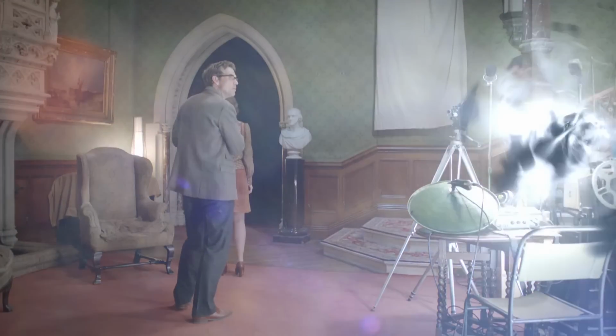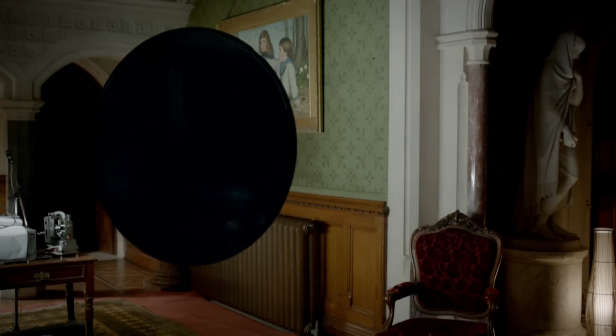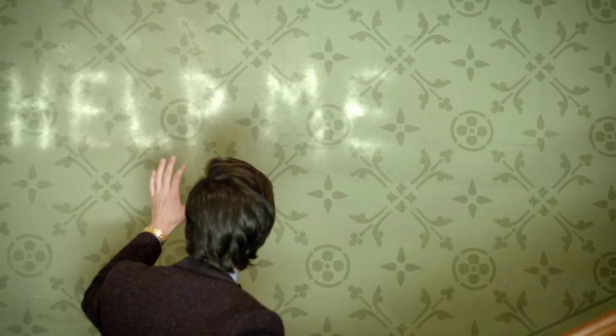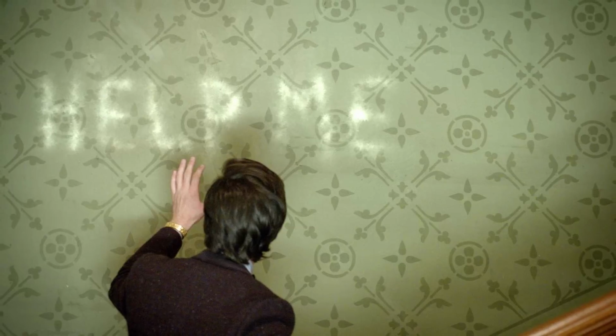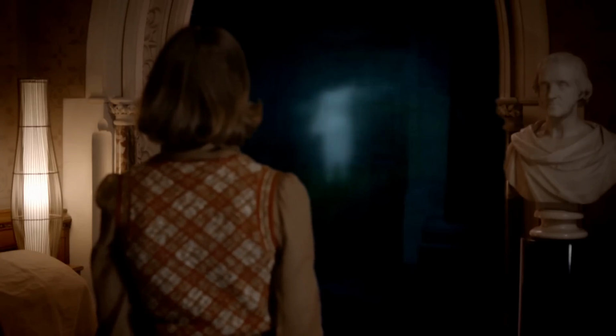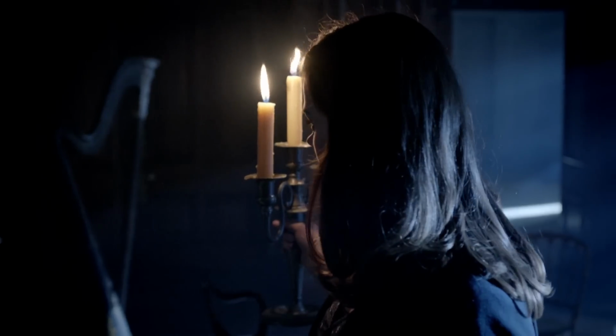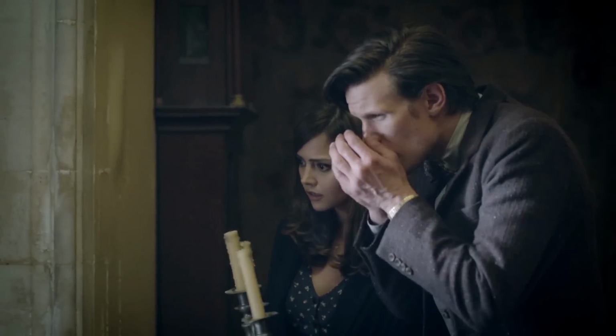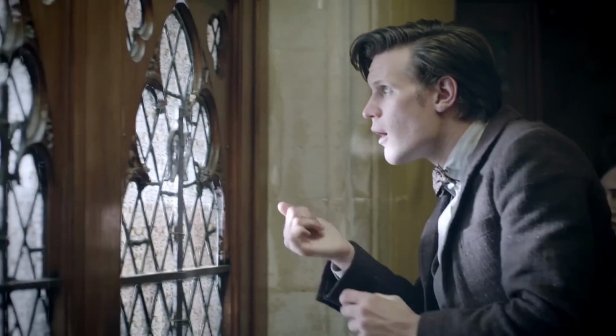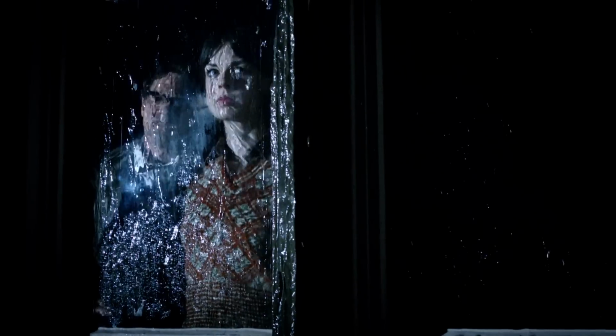The mystery of the ghost deepens as a random black disc shows up, heralding the most intense appearance yet, complete with a spooky message seared into the wall. Scenes like these help to ramp up the tension, upping the ante and building the episode up to its eventual crescendo. It doesn't just sit in a holding pattern, it's constantly adding to itself with new encounters and terrifying shots